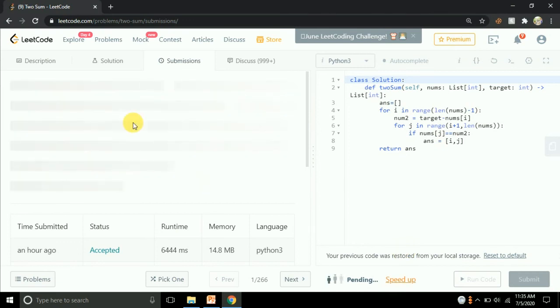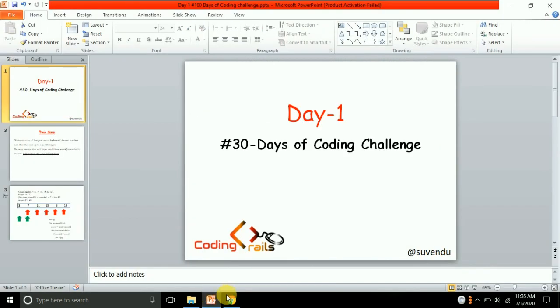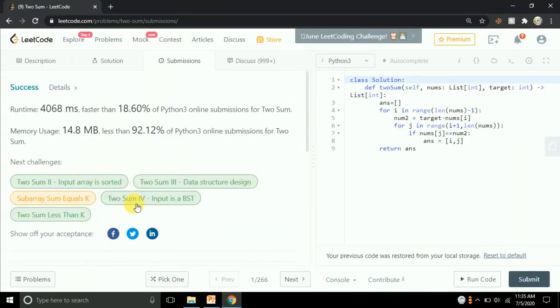My network is slow, so it's not showing up, but I assure you, you will get a sure shot answer. Okay, yes, it shows success.